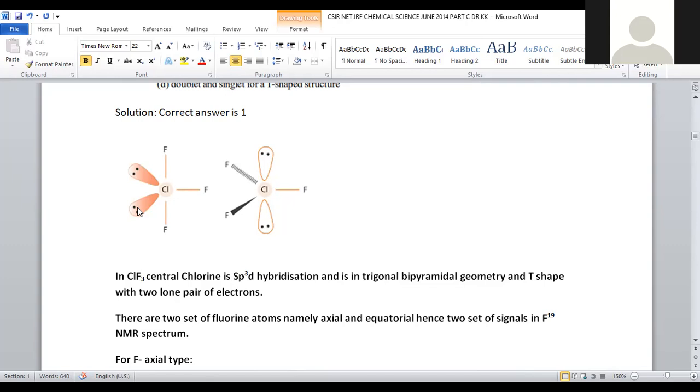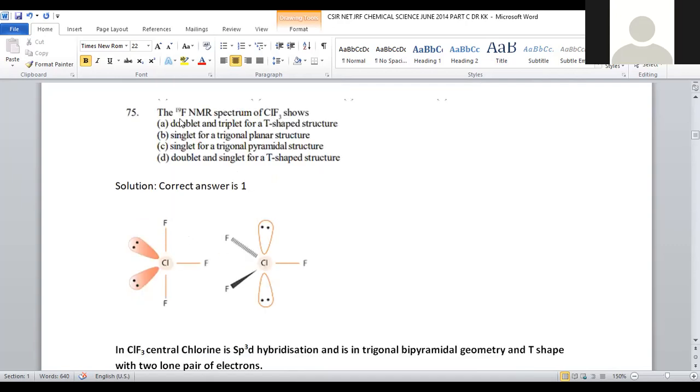But the molecule becomes more stable with the lone pairs residing in the equatorial positions, and it becomes a T-shaped molecule. So this is the shape of the molecule, and the geometry will be trigonal bipyramidal. The difference between geometry and shape of the molecule is that in the geometry we also consider the lone pairs of electrons, so it will be trigonal bipyramidal. If we consider only shape, the lone pairs are excluded, so it becomes ClF3 with fluorines only, and this will be T-shaped, right?